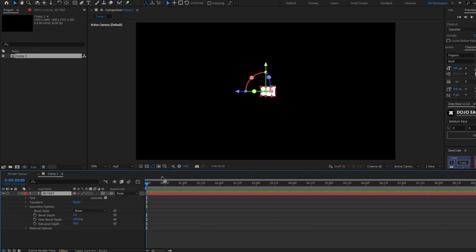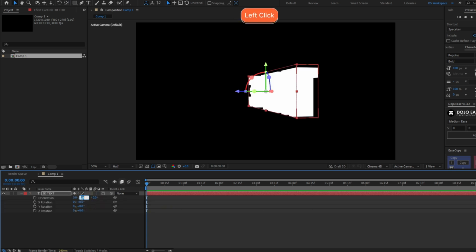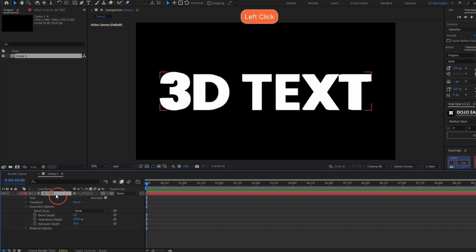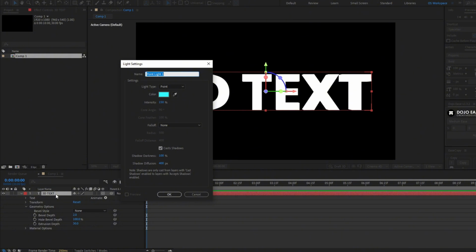I'm gonna make the text larger. So go to S for the scale and scale it up and rotate it here with R. So we have the text here. First, let's add a light so we can see the text with a good lighting. Press Ctrl Alt Shift L to create a light, and here you can select a point of light, a spot,